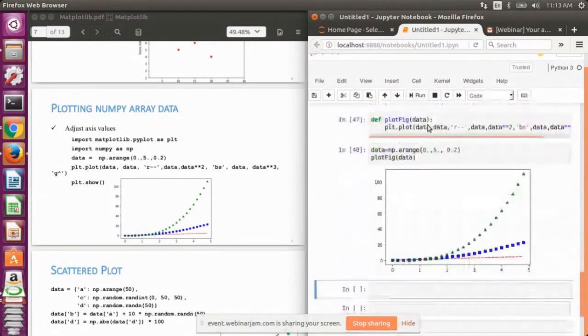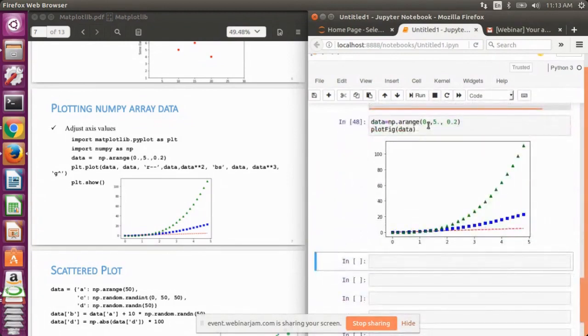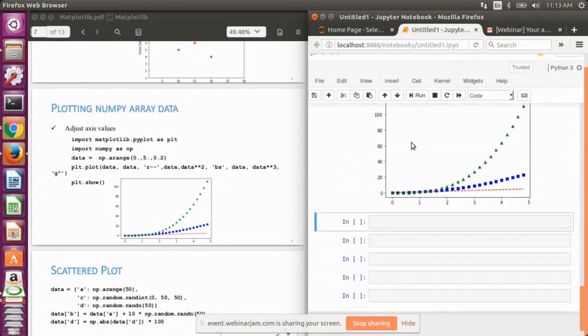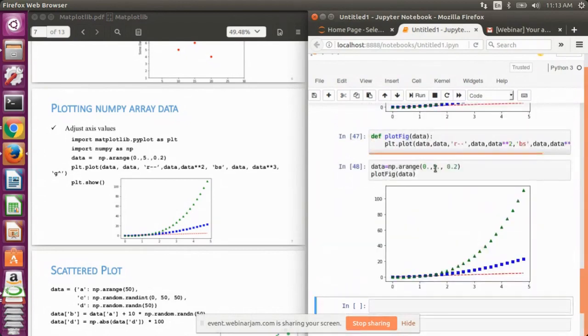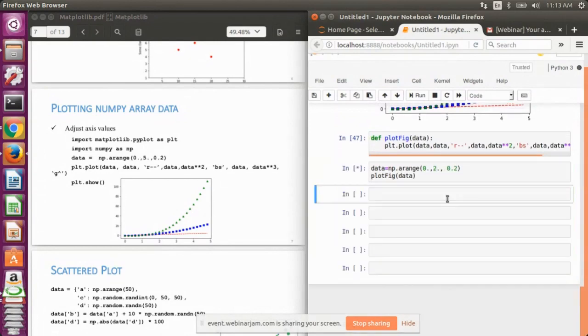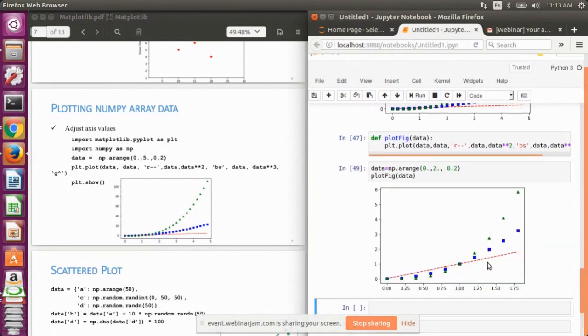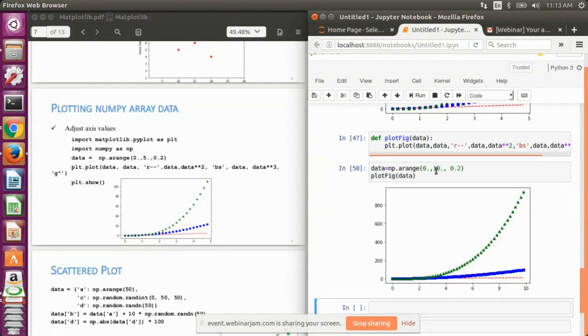So this way you can define your plot inside a function, and you can call your plot functions this way. Now suppose I change the input values, like if I pass 0, 2, then I have an output like this. Now if I increase this, suppose 10, I will have an output like this.